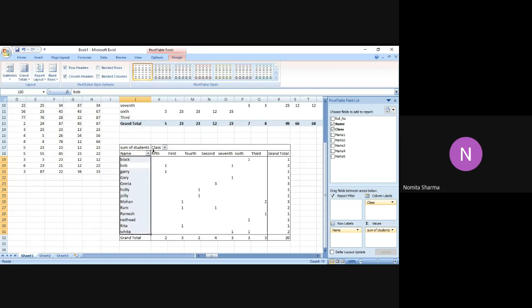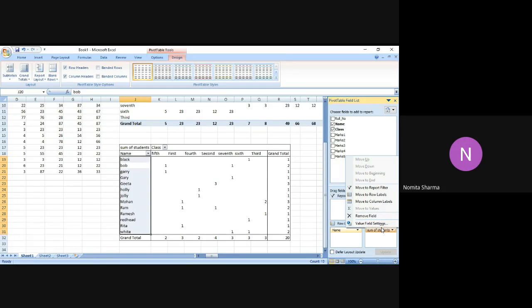But normally in the value section we have more options. If I double click on the values section of this pivot table field list, you will see further options coming up. You will see move to report filter. I can easily do that by dragging, but over here also I can do that. It will allow me to move to the report filter, row label, or column label.